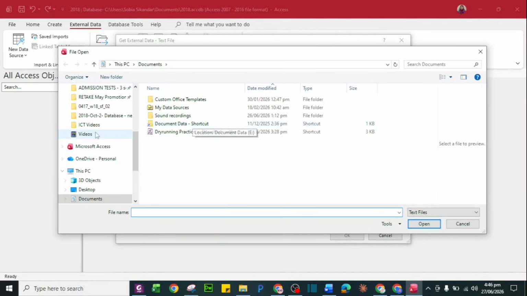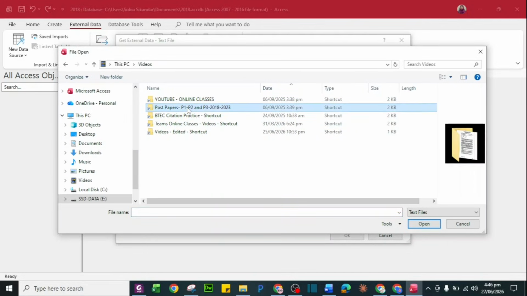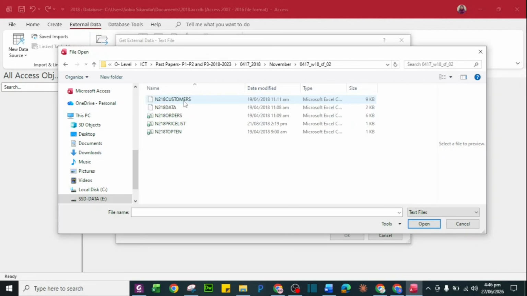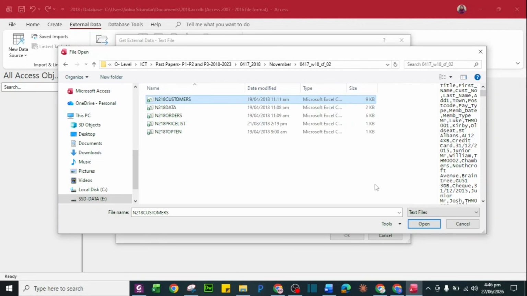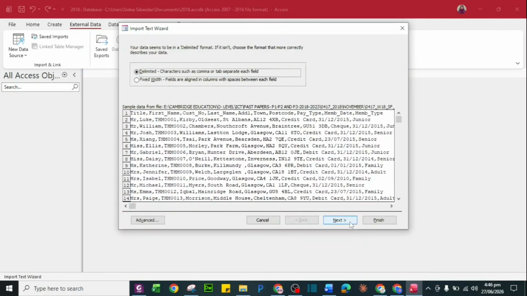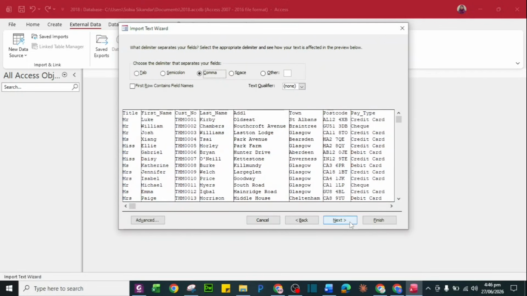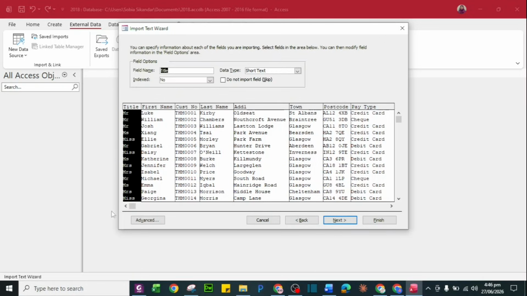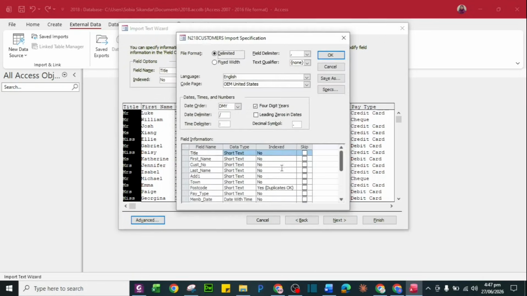Press the option browse and move towards the folder 2018 November, and the file is N218 customer, and open. After that press OK. It is a comma separated file, so press OK. First row contains field names, click it on, then next, and then go to advanced to fix those data types.